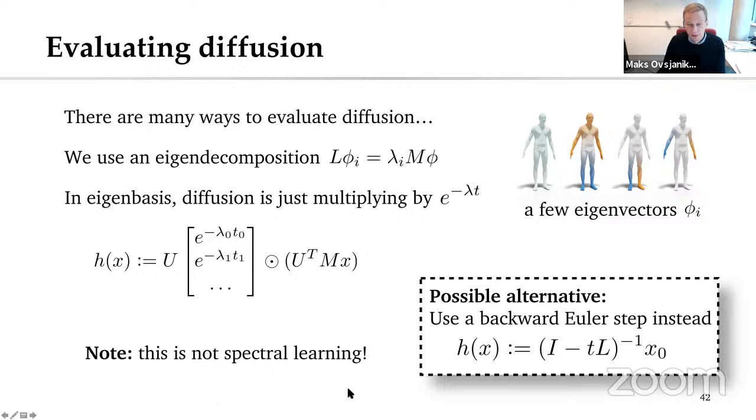It is very important to mention here that this is not spectral learning. We don't have any filters that are dependent on a particular frequency. This is just one way to simulate diffusion. In the paper we also compare it to another way, which is using a backward Euler. What's nice is that this approach allows you to just do dense matrix multiplication, and the learnable parameters are just these values t. You can also do sparse matrix inversion and then make the learnable parameter t again, but this is a little bit slower. These are just two different ways of simulating diffusion.